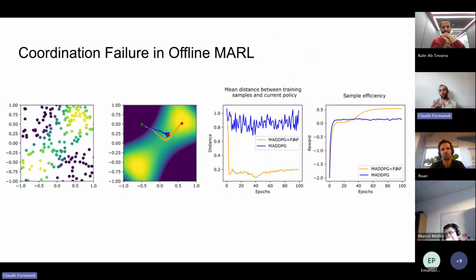Which, yeah, we felt in a toy example shows the failure of even a CTDE algorithm, never mind an independent learning algorithm, in the offline MARL case. You can basically think of it as each agent independently improving the part of the reward function it's responsible for. It can optimize and improve that score, and similarly for agent 2. But if some part of the reward function is coupled between them, requiring them to work really hard together, in the polynomial game it would be an interacting term, then MADDPG fails to handle that